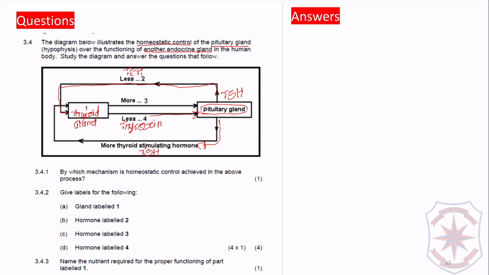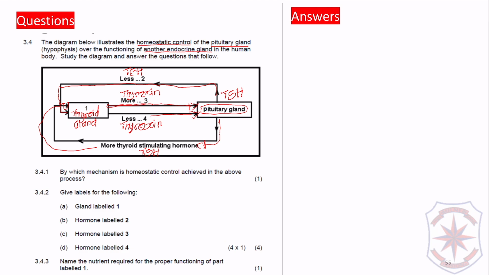When we have more TSH, that will inform the thyroid gland again to secrete more thyroxin. So this diagram requires you to understand the negative feedback